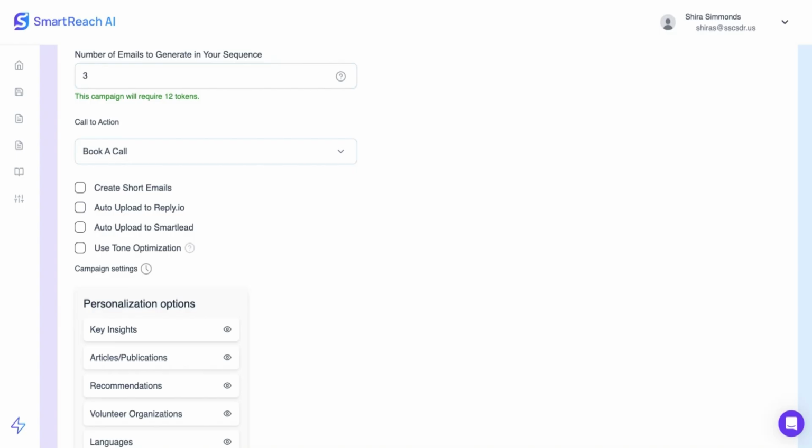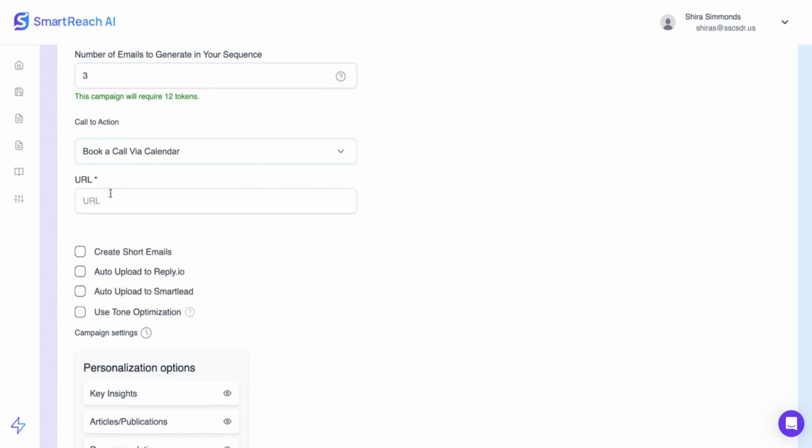Would you like it to book a call? Would you like to book it via your calendar link? And you can enter in your calendar link. If you were writing the email directly, you can also include your calendar link. Remember that. But on the prompts, you can decide what you would like the system to create as the call